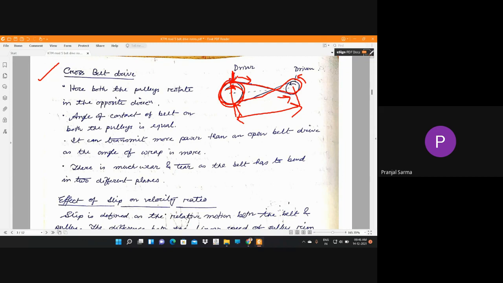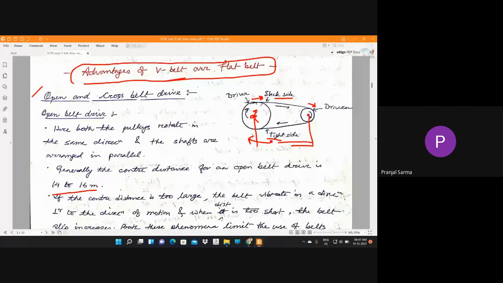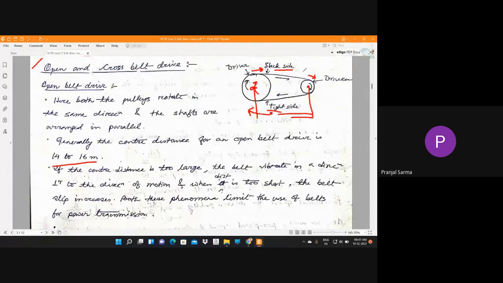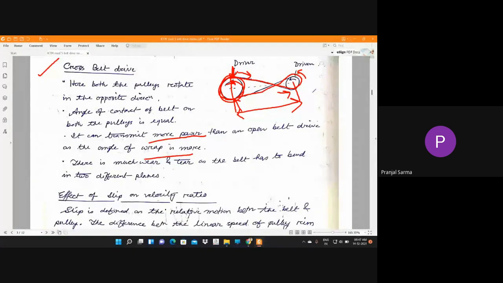the angle of contact of the belt on both the pulleys is equal, and if you compare it with the open belt drive, it can definitely transmit more power, as the angle of wrap here is more. As in the previous case, if you see, the belt slips earlier, the contact is broken earlier. Up to this the contact was not made, so here itself the contact is broken. That is another reason why a cross belt